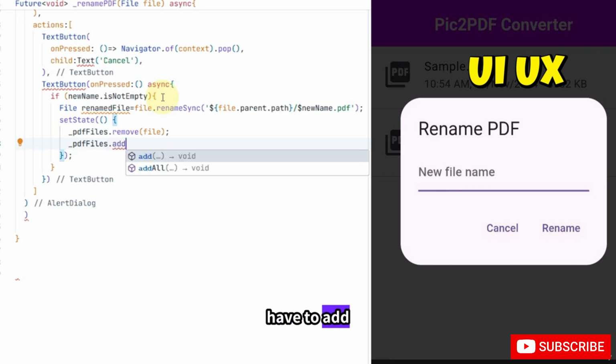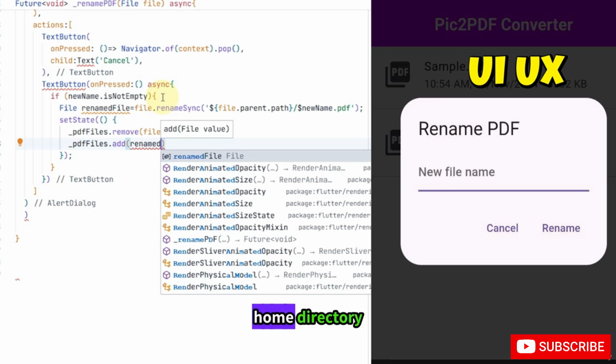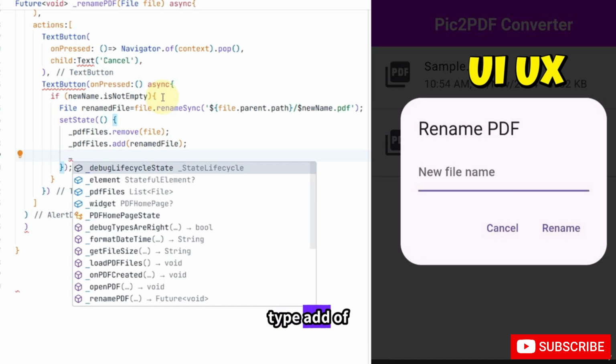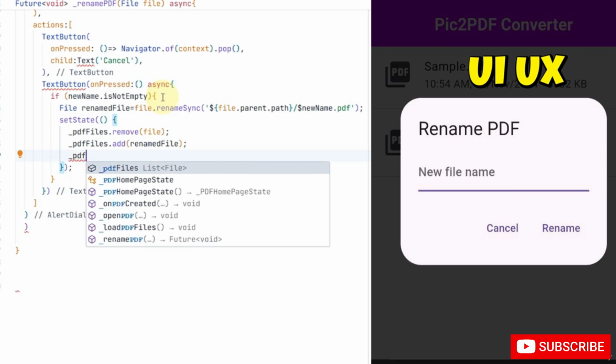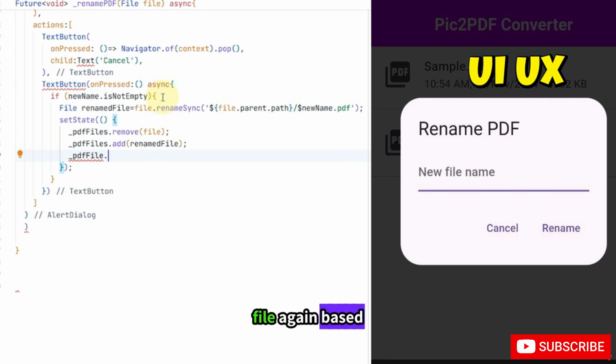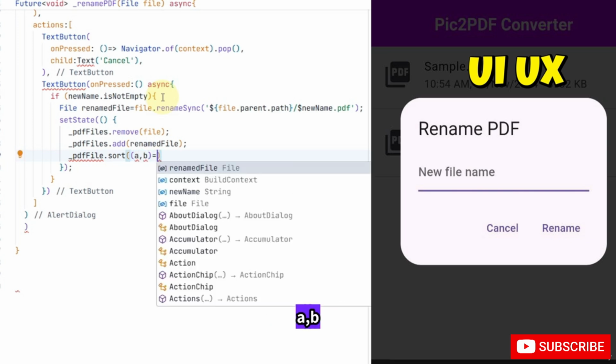And then you have to add the current renamed PDF in your home directory. You have to type add of renamed file. Also, you have to sort the file again based on the renamed file. You have to type PDF file dot sort of A, B,